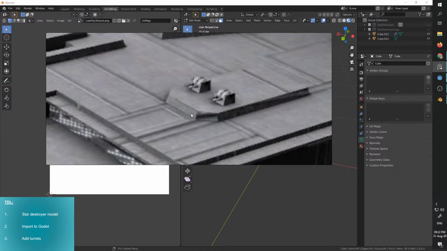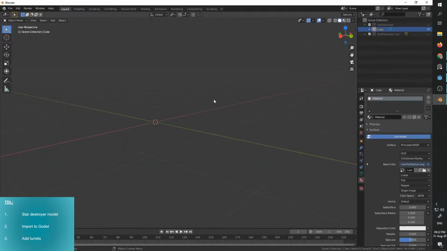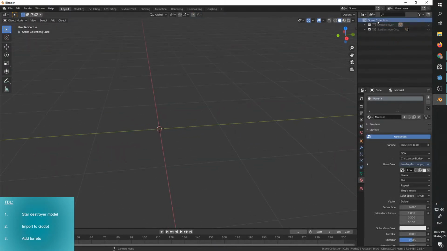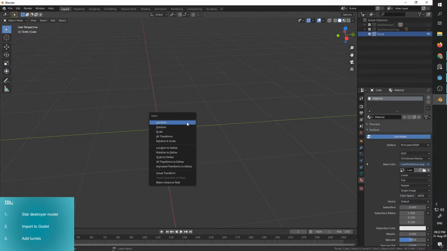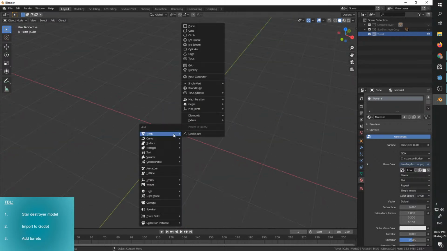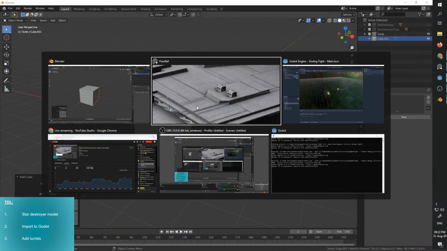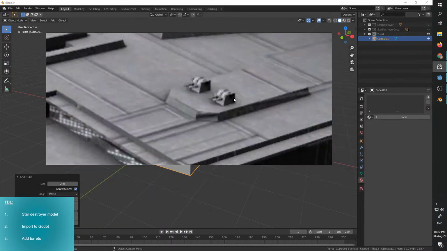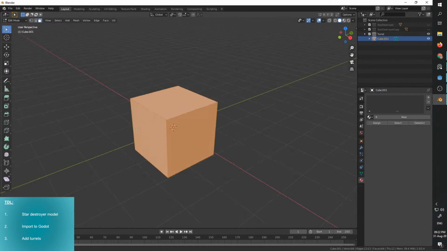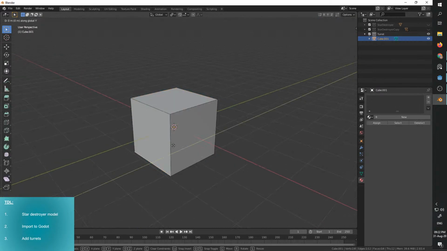So let's do it after talking for way too long. Go to my layout. Let's do a new collection just to keep everything neat. It's going to be a turret. And I'm going to add a cube. And let's look at it again. So it's like this. This is a complete rectangle. This is slightly forward. This seems to be more round. Okay, let's try. So go to my cube, select this edge, take it forward,